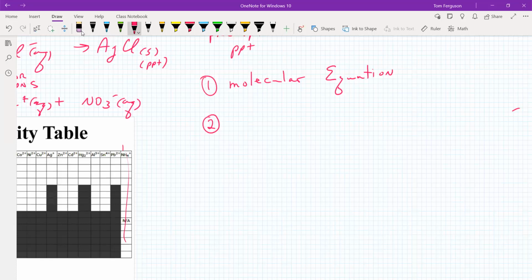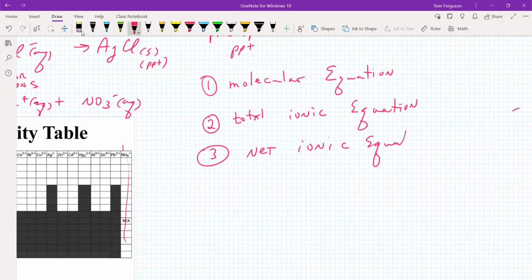Second one is the total ionic equation. And the last one is the net ionic equation. Then also you need